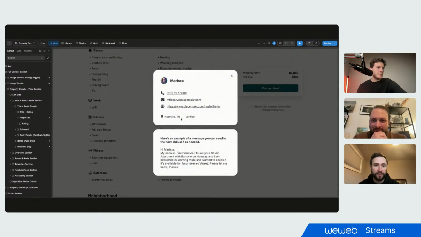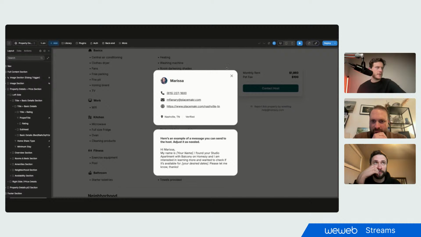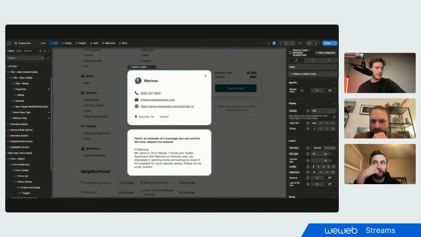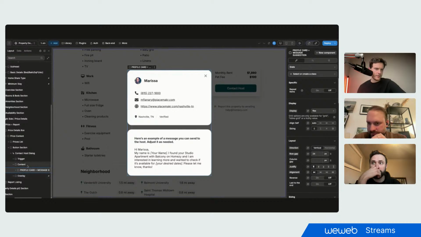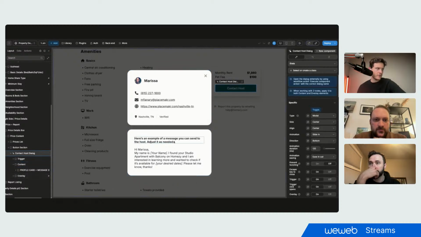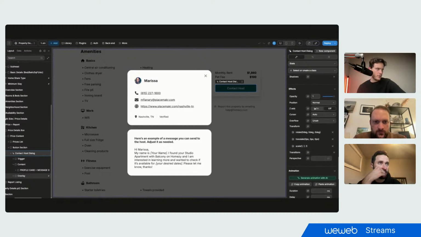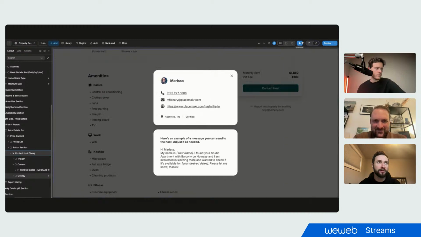So this will be a Z index issue. If you keep that modal open, and now you put it back into the editor so you can edit the styling of it. If you check this in the layout tree, you've got the dialog element itself, the contact host dialog on the left. If you scroll down on the right hand side to the very bottom, or just up a tiny bit more, that's Z. If you turn that on, and let's put it to some crazy amount like 10,000 or 1,000, just to make sure this is what's doing it. And if you now scroll to what was causing the issue before,